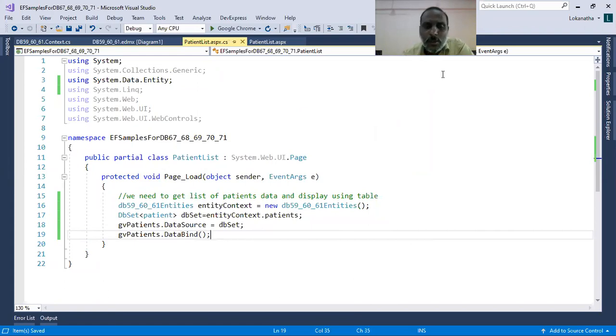Now, if you observe the code, nowhere have I written SQL connection, nowhere have I written SQL command. It should work. It should give you the data because the patient's property will get the data from my database table. How it will internally do it, that really doesn't matter for you and for me. It is none of our business. Let me execute the code. If everything goes fine, now you must be able to see the data coming from your database.